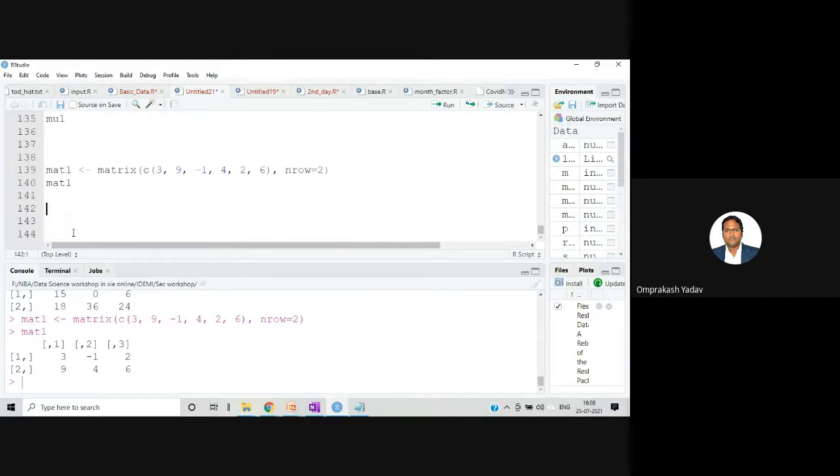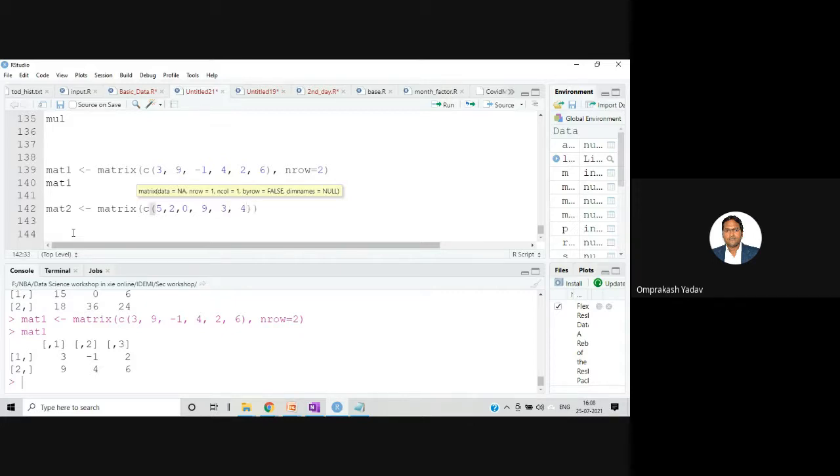Let's create the second matrix, with the matrix and c function. I'll give the values 5, 2, 0, 9, 3, and 4.